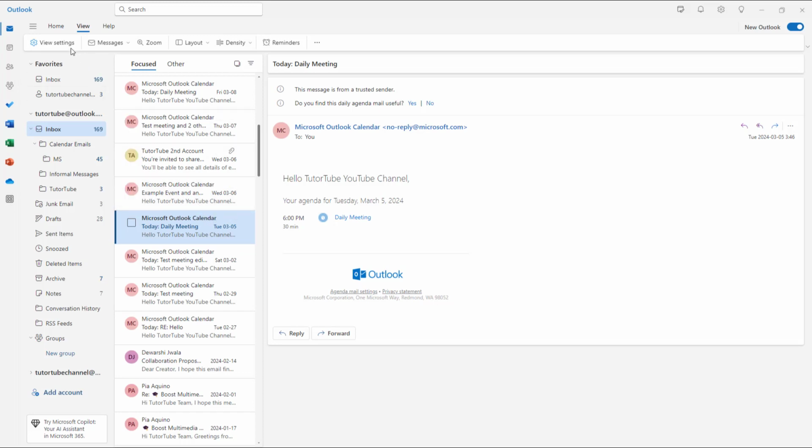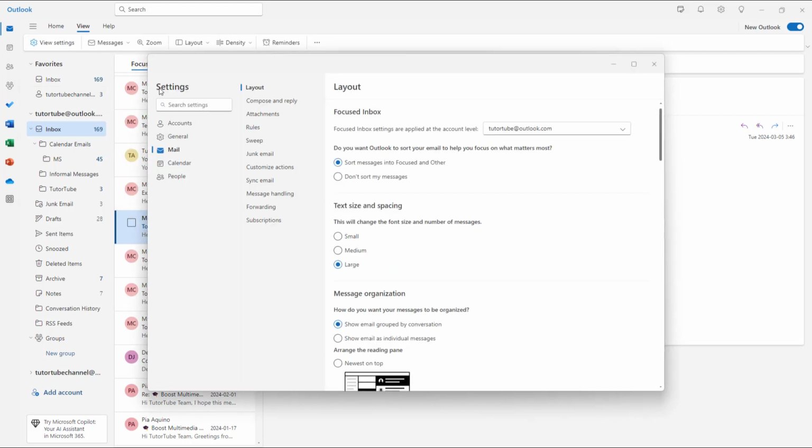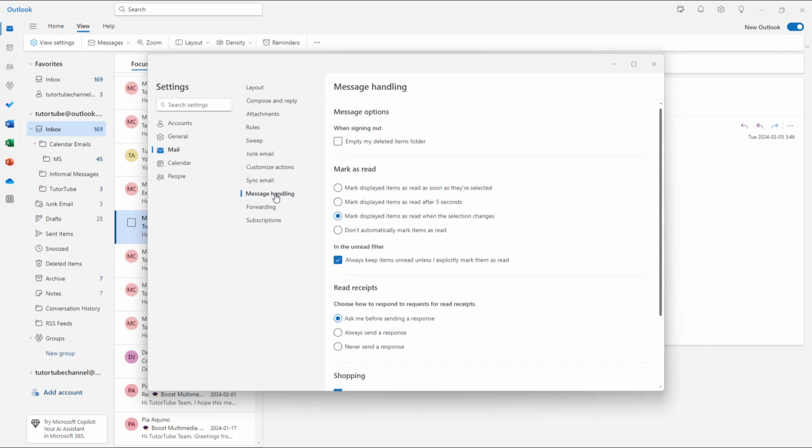So to do that, I'm going to go onto view settings over here. Then I'm going to go onto message handling. And over here, you can see that the mark as read option is here. So it says mark displayed items as read as soon as they are selected. So right now, it is set to mark displayed item as read when selection changes. So when I select it, it's still marked as unread,